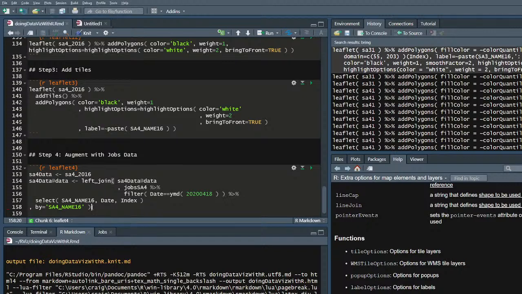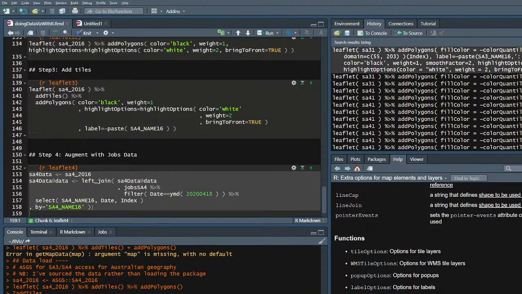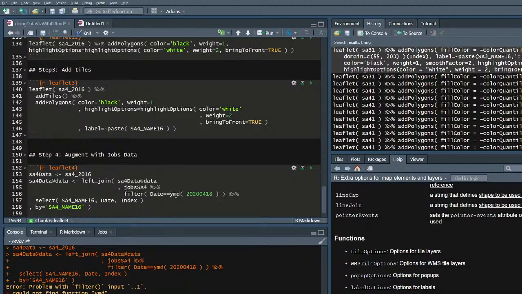There you go. So executing that, could not find function ymd. That's easy enough to fix. That's in the lubridate package. Library, yes, library lubridate. And now if I run this,